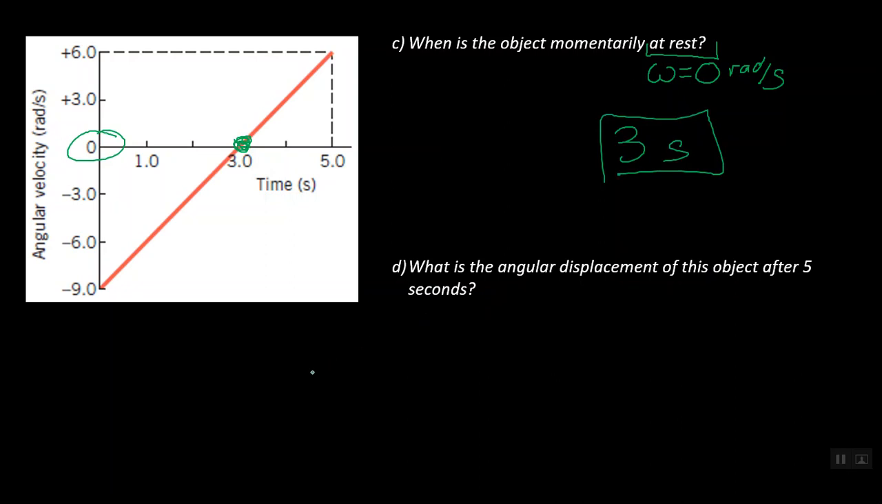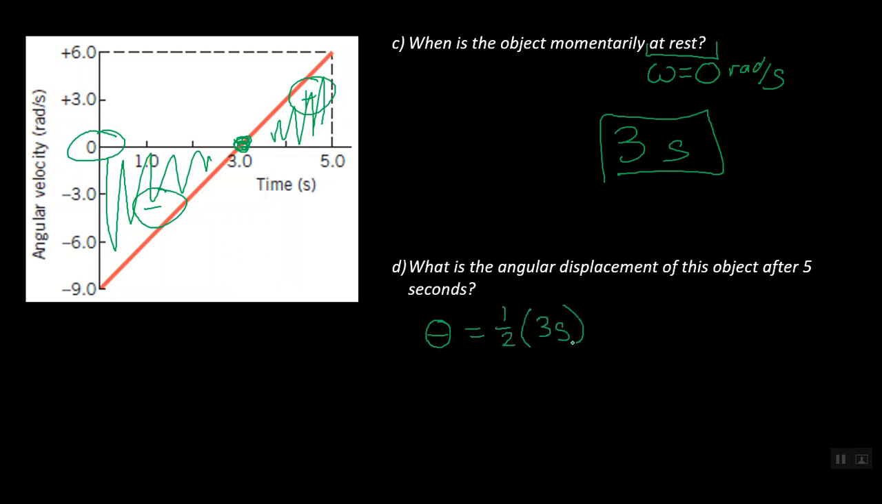Now, the angular velocity of this object is constantly changing, so we can't just do velocity times time, but we can take the area underneath this graph. This one's a good reminder that this area here is going to be negative, and this area here is going to be positive. So the total angular displacement is going to be the area of this triangle here, which is 1/2 the base, 3 seconds, times the height, -9 radians per second,